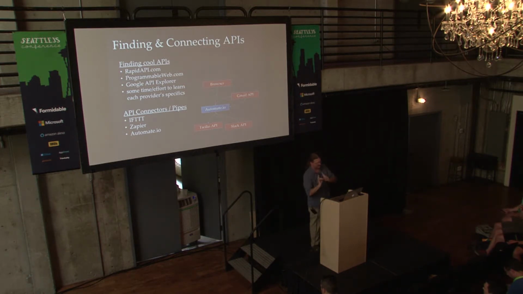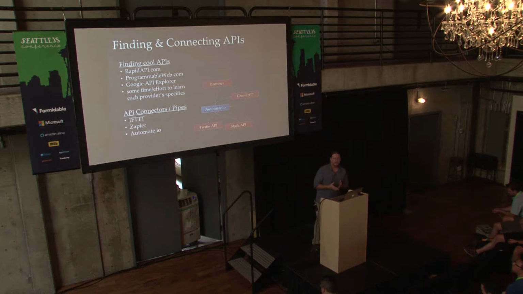The pain of that is that as you go to each provider, they'll have a different spec. So even though actually doing the call out to get the JSON and return it is easy, there's often a lot of structural information about what that JSON needs to look like. So you've got to read through each provider and figure out what it is for them. But there's a ton of cool stuff available. Google API Explorer describes all of Google's publicly available APIs, which more or less have a very similar spec. So once you're in that ecosystem, it's a little bit easier to breathe. But often you'll still want to cross things from different providers.